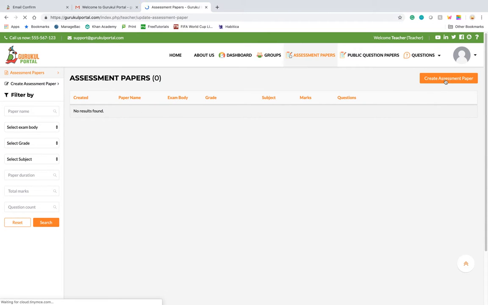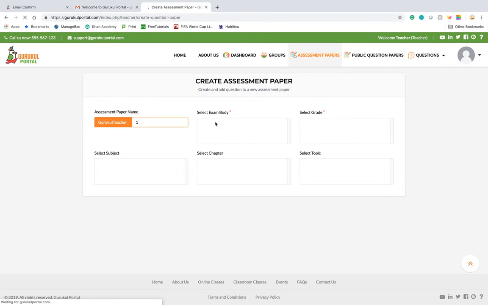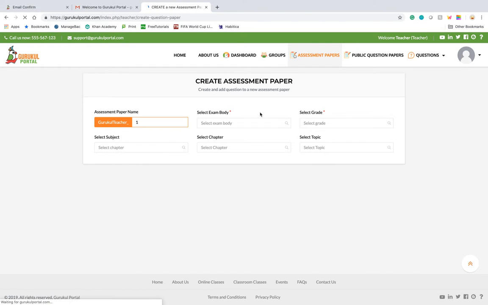and then you can go to the create assessment paper. Right now we currently have 0. So in the create assessments paper menu we can set a name for our paper that we're about to make. I will set it as English